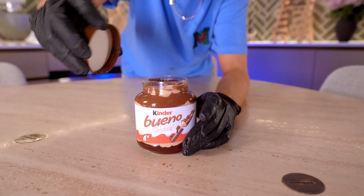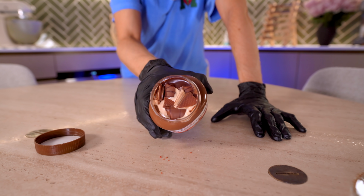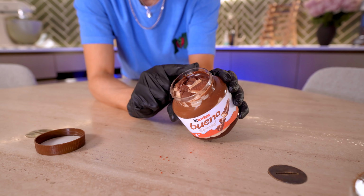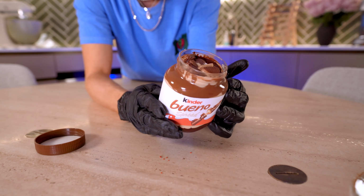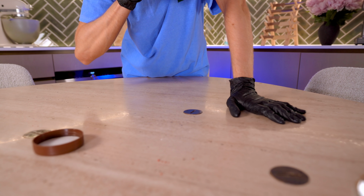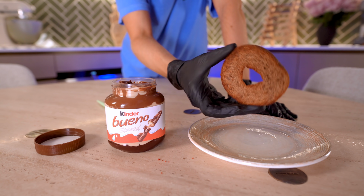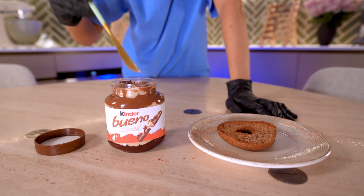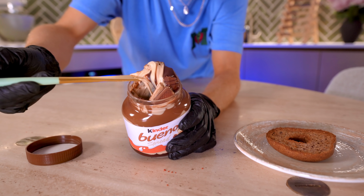Oh my god. Are you kidding me? That's actual pieces of Kinder Bueno on the inside. All the three colors for the layers are mixed here on top with little pieces of Kinder Bueno. I don't think there's actual pieces on the inside. Let me smell it. Wow. It literally smells like Kinder Bueno. So I'm gonna spread this one on a bagel, just to change things up. Let me get some of that. Oh, do you see the pieces of...